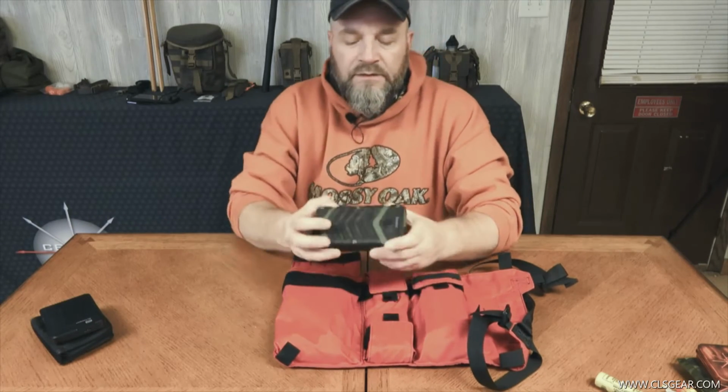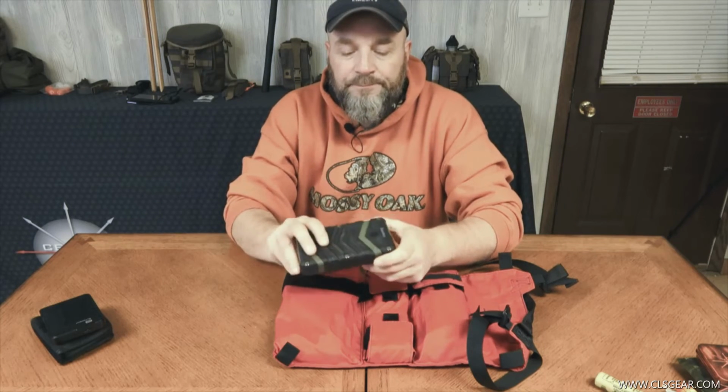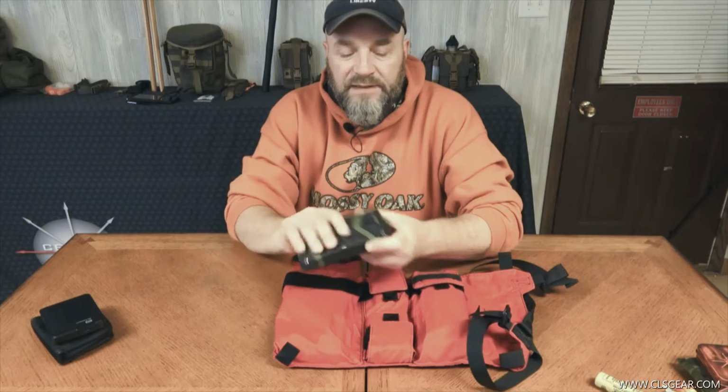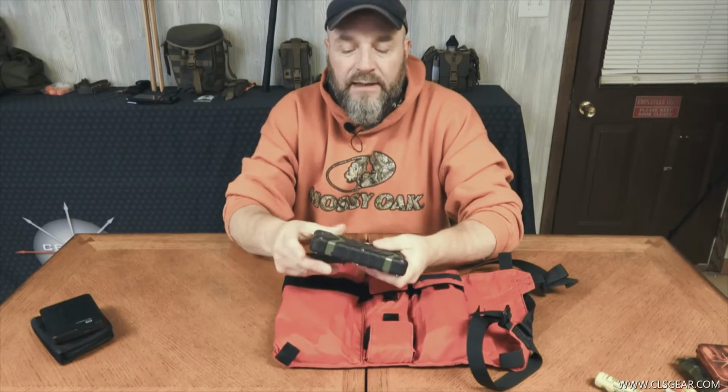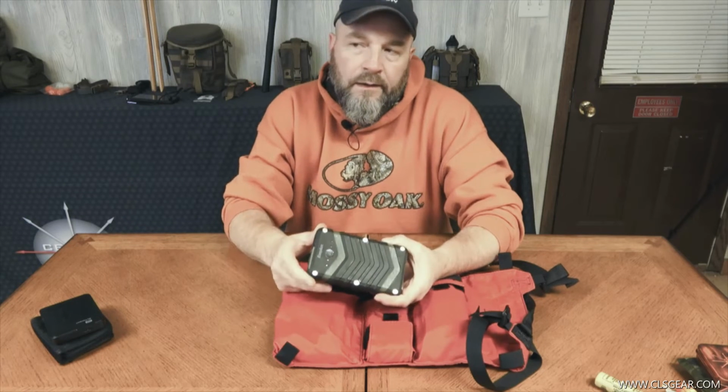And there's a lot of companies that make these. This is an external power device. Now, mine's a little bit older. This technology is really advanced, but this thing is super heavy duty. I do like it, and that's why I've kept it. It's probably a little bit heavier than some of the more modern ones, but don't quote me on this, but